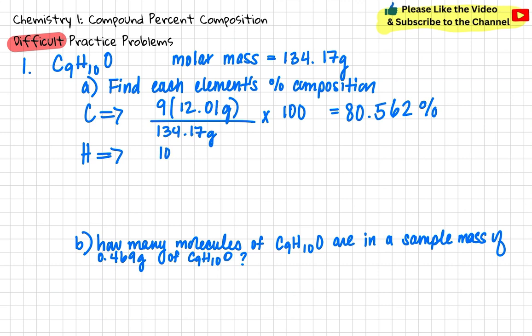There are 10 atoms of hydrogen in the molecule times 1.008 grams all over 134.17 grams times 100 is equal to